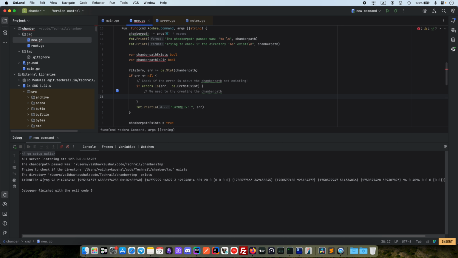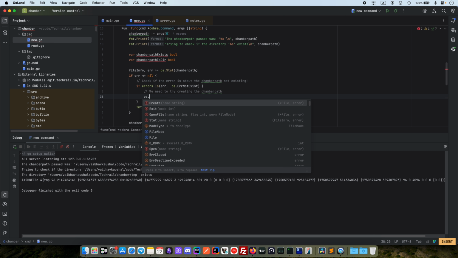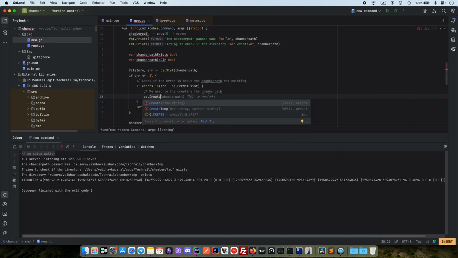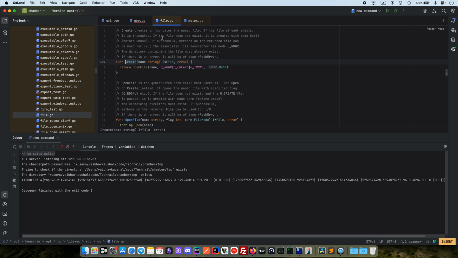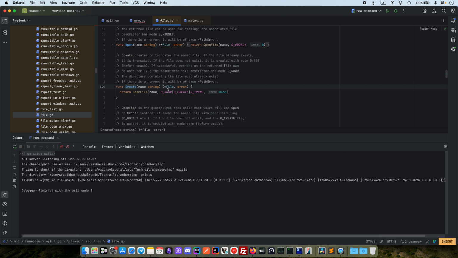So let us try. This is the case we are going to hit right away whenever we run this program. So let's try that. We need to try creating. How do I do that? os.create. Create directory, I don't know. Create chamber path. Do I have to file error read? Right. How do I create a